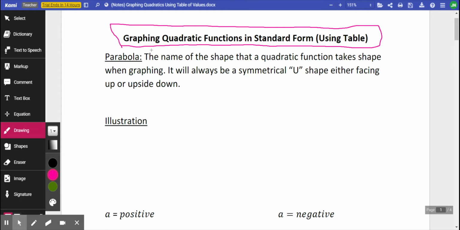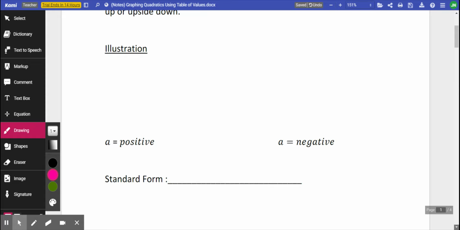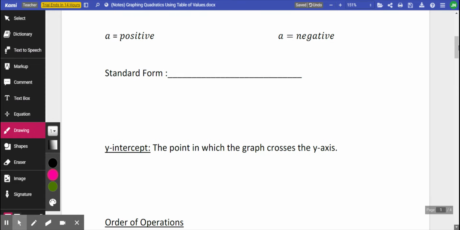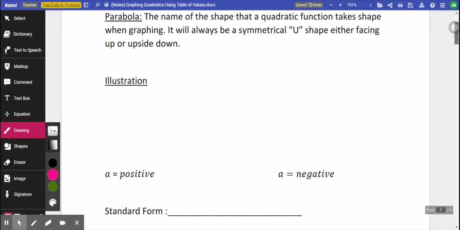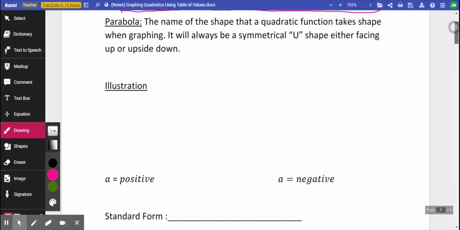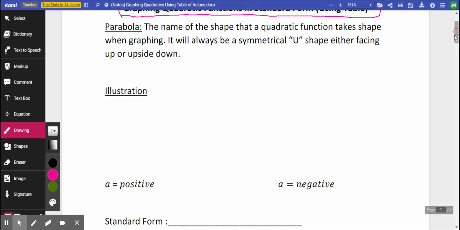Okay, so just to recap, a parabola is the name of the shape that a quadratic function takes when graphing. It will always be a symmetrical U shape, either facing up or upside down. So when the value of A is positive, you're going to have a quadratic equation or a parabola that is facing upwards. And when it is negative, you're going to have a quadratic equation that is facing downwards, like so. So when A is positive,